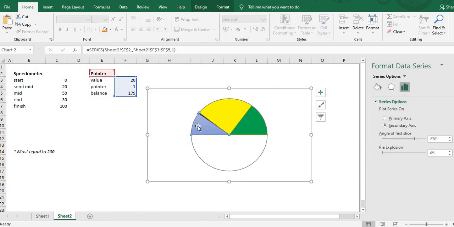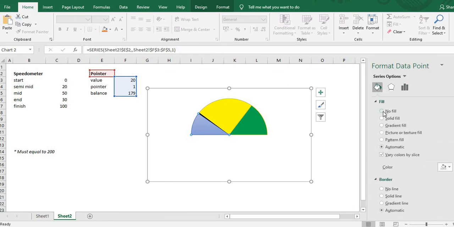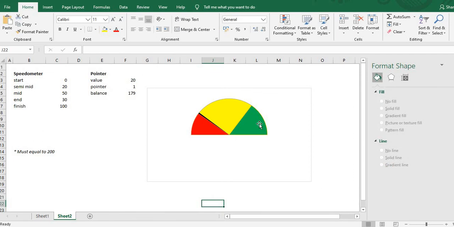And then this section, the final piece, just click on no fill and no border again. And there we have it. That's the speedometer. So now if we change the value, so let's say 50, and there you go, it's dynamic, it works. So let's say 60,